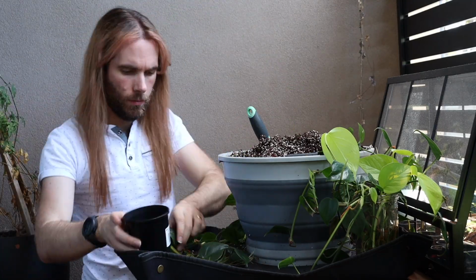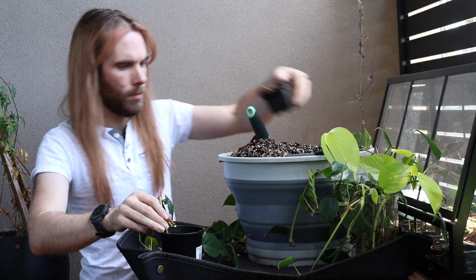About halfway through the year, I started taking a bunch of cuttings from my plants at home. If you haven't noticed, I quite like plants. I've got lots of plants at home. So I just started taking propagations. After they had grown some roots, I potted them all up, and I ended up with quite a few plants